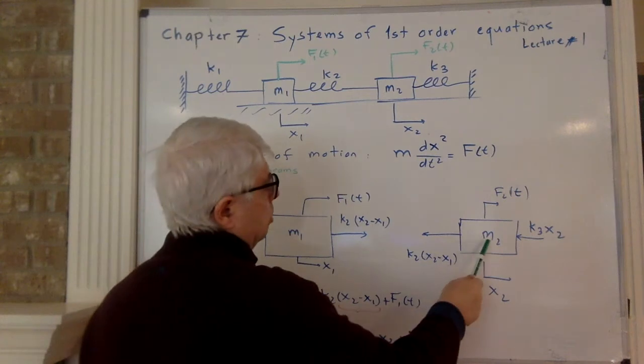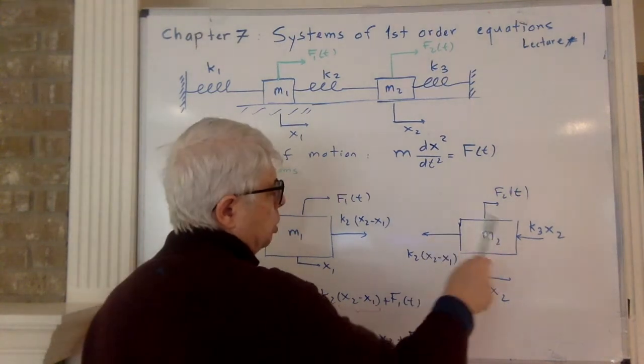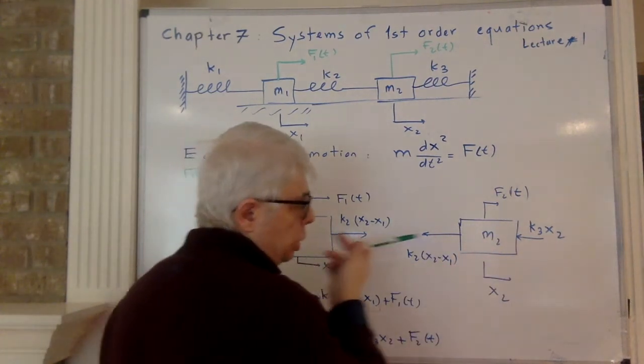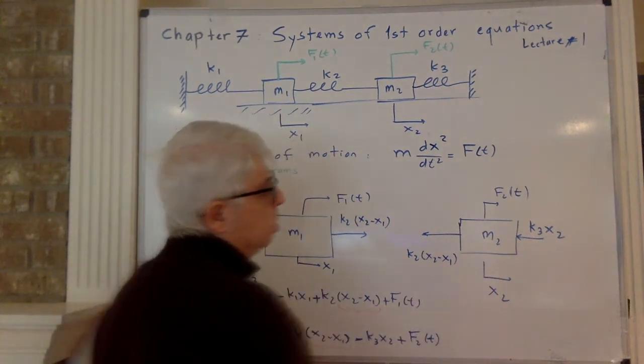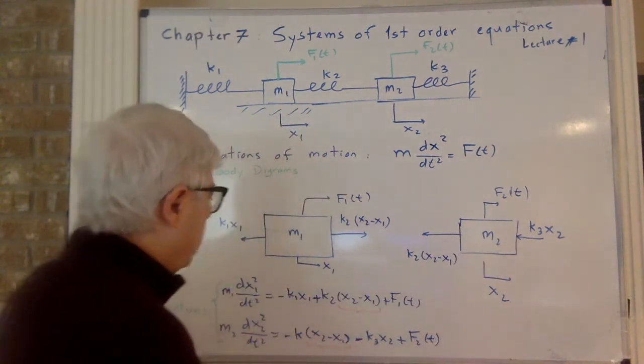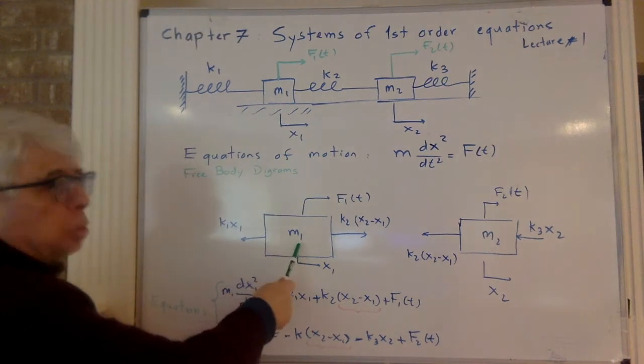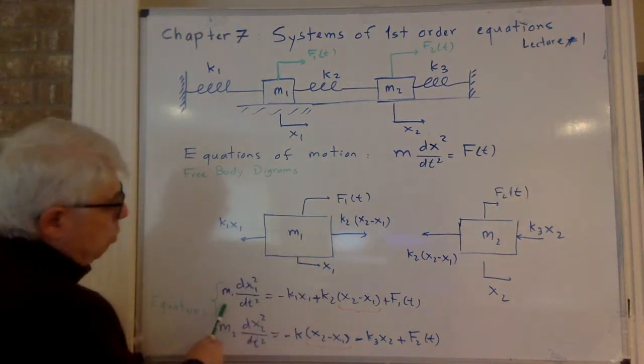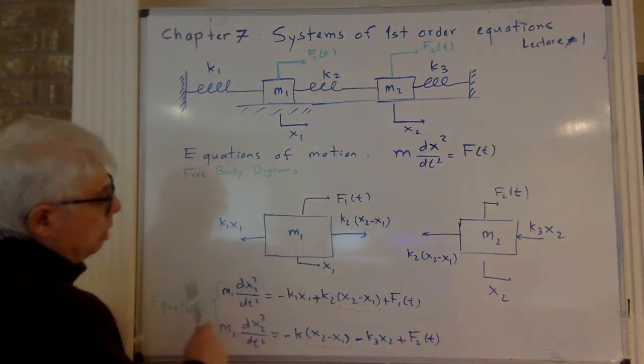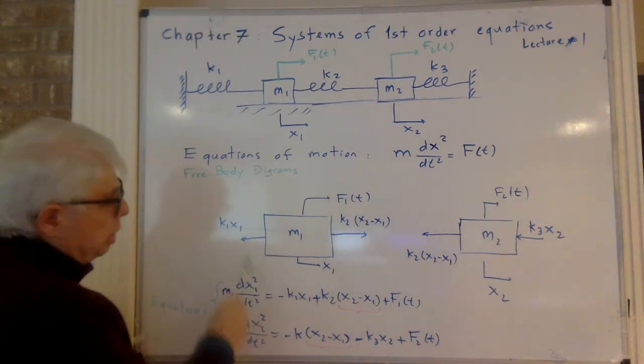And then M2, and we have x2, and this one assuming that it's going this way, so this is compressing, so that's K3 x2 and F2. Now, the equation of motion on this first one is M1 d²x1/dt² is